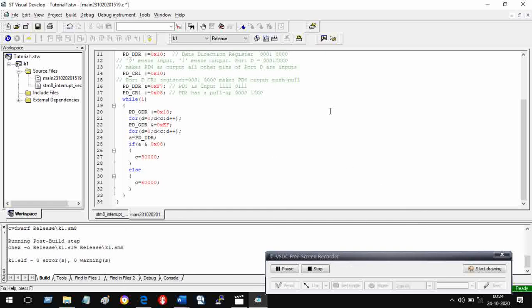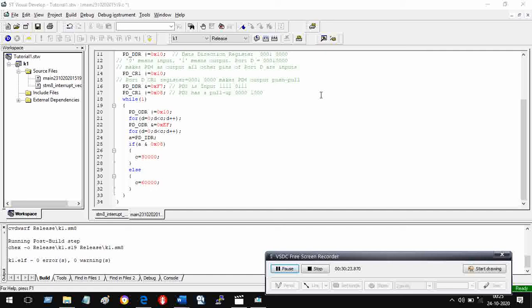definition of any port. We have seen PD DDR, the data direction register. We have seen PD CR1, the control register. And now we will see PD ODR, the output data register. I will continue this while loop in the next lecture. So far what we have done is we have tried to understand the meaning of programmability of input output port.